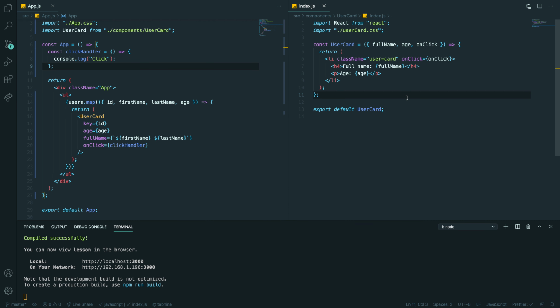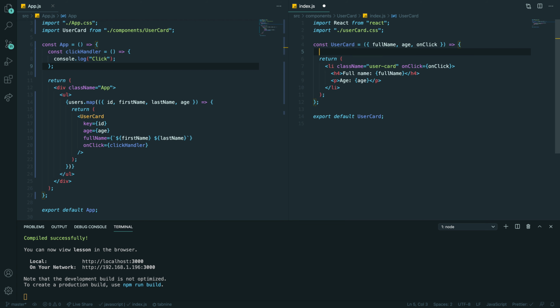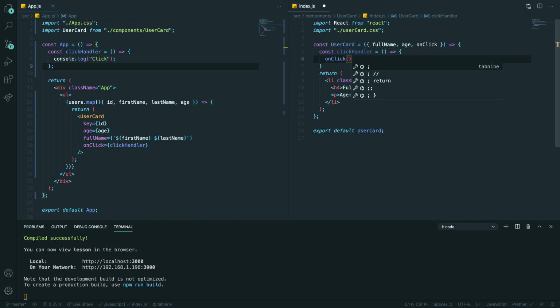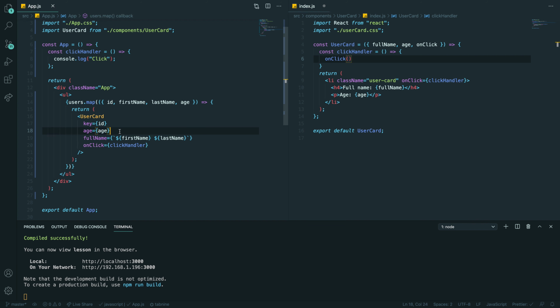And you might ask like why, right? But the point is that here with your on click, you can have your, let's say, local function, click handler, your own click handler, and you will call your on click. So here you will pass this on click, and when you click on the element, let's say you want to have an ID of the user, so you will know which user has been clicked.